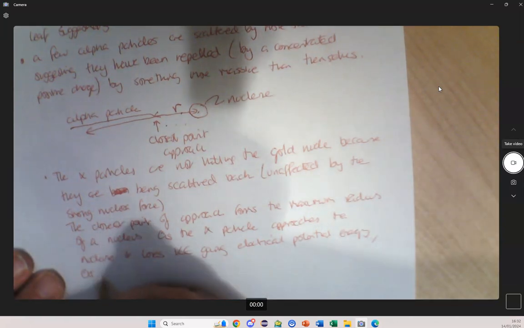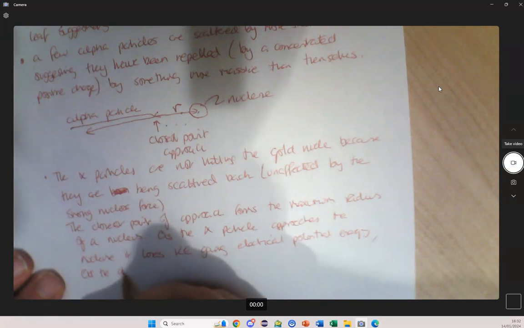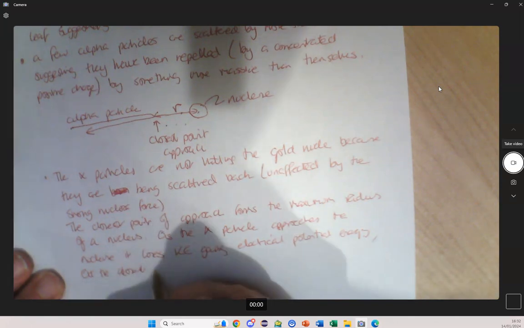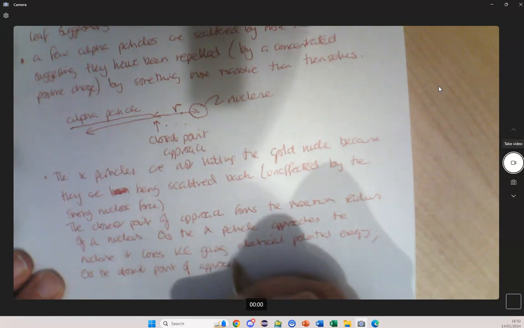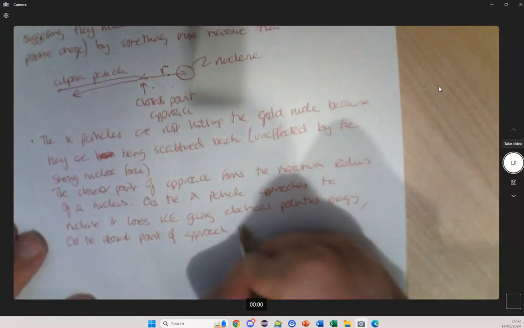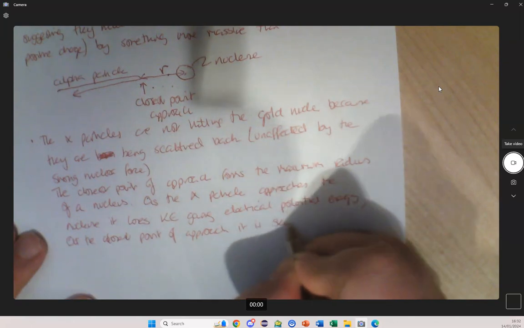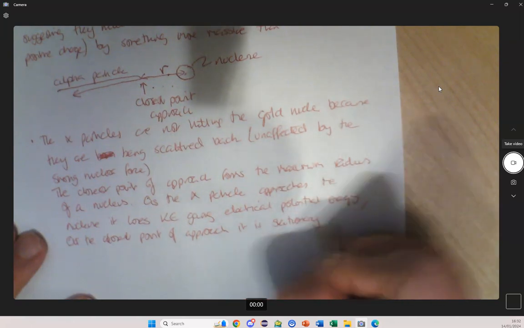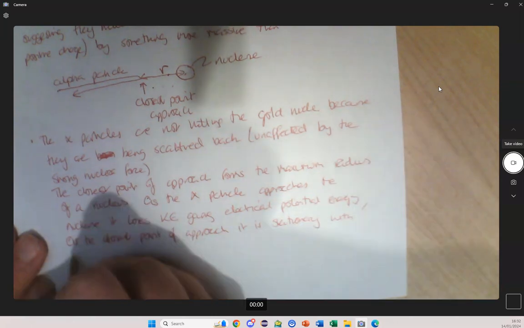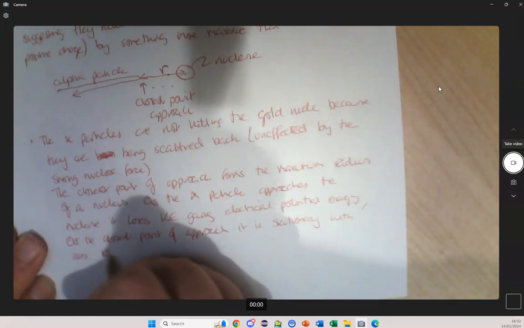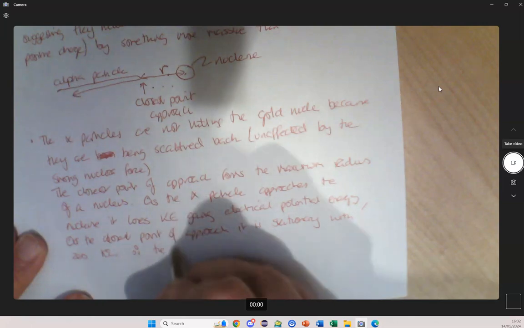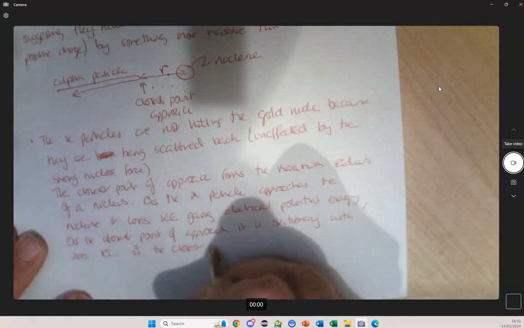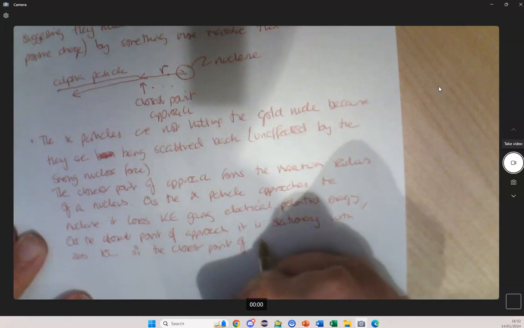At the closest point of approach, it is stationary with 0 KE. Therefore, the closest point of approach can be found from